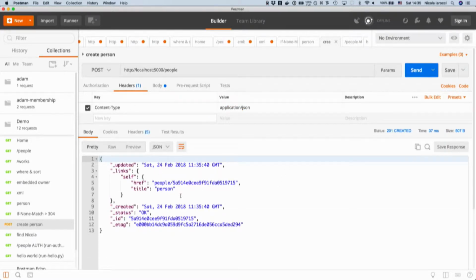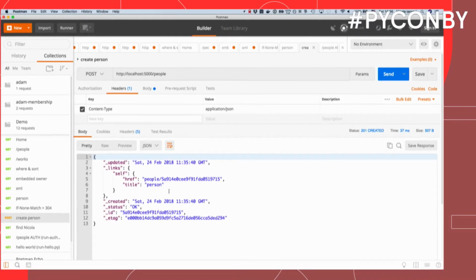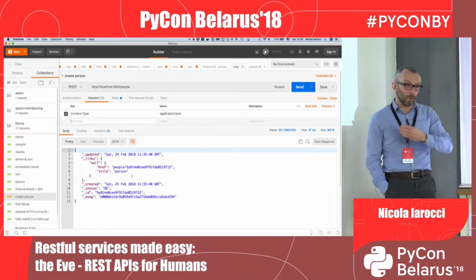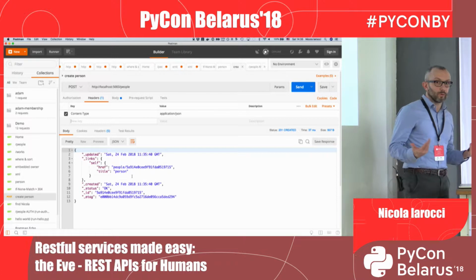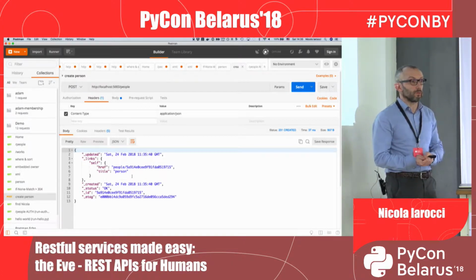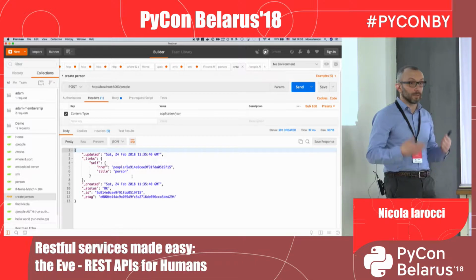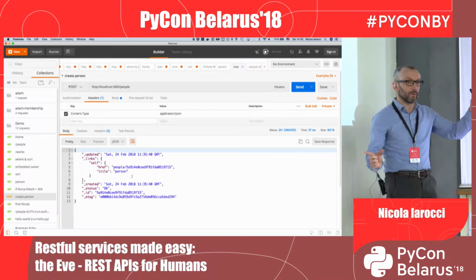Yes, so we got a created response from the server, and the JSON has all the metadata needed to access my person, of course. And by the way, Eve also supports bulk inserts, which means you can, with a single request, send multiple documents, and they will all be stored to the server in one request and response cycle. You can switch it off if you want to, but it is very nice if you are to write, I don't know, 10 invoices. Instead of doing 10 POST requests, you can just do one request and send an array of invoices over to the server,